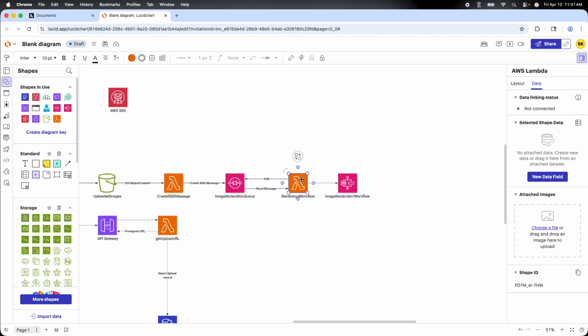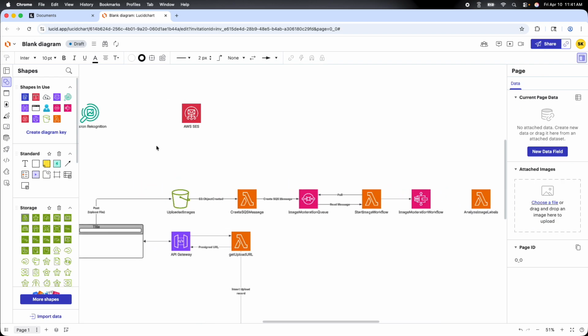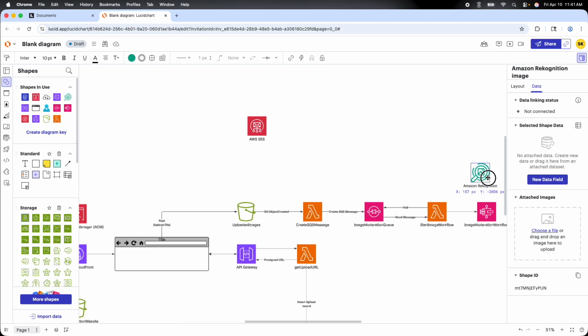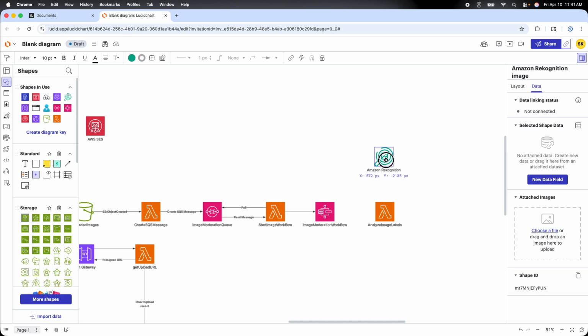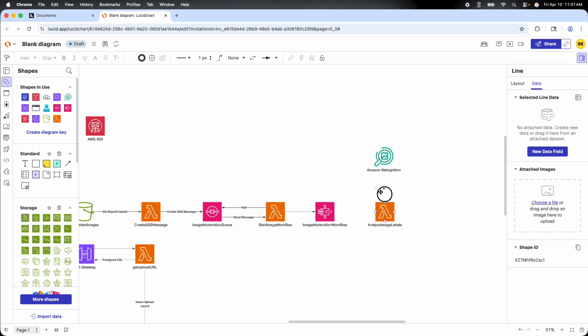our application, is it is going to analyze the image labels. So we are going to use a Lambda function which is going to call AWS Rekognition. So let me draw it here. It is going to pass the S3 object key to this Rekognition function,